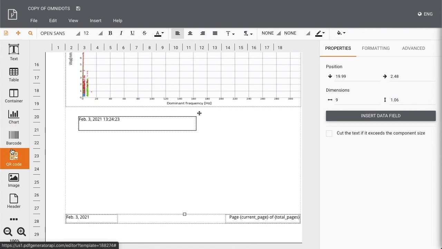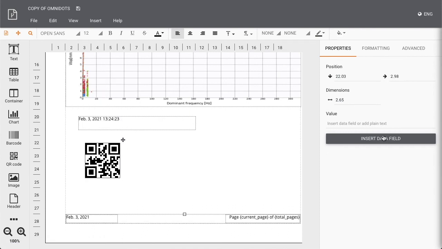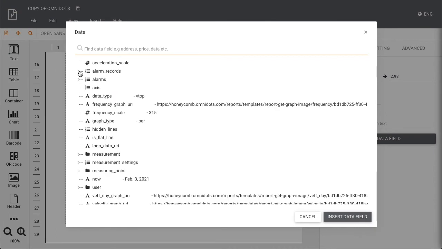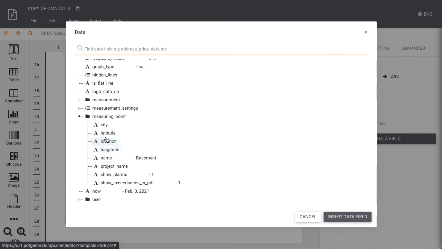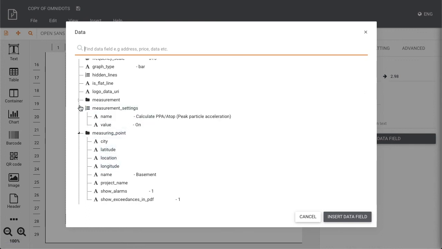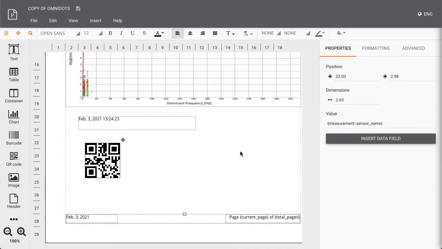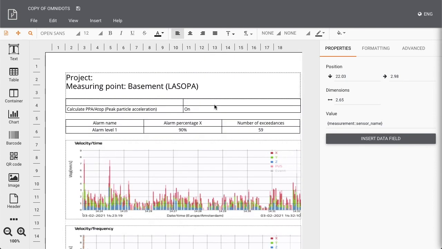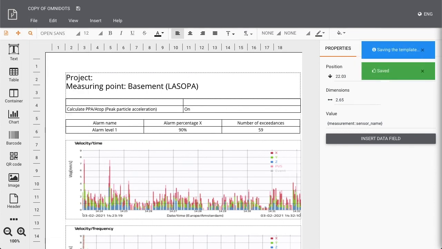Or maybe it would be cool to have a QR code and maybe be able to scan the name of the swarm. Let's see, where can you find it? Measuring point. There we go, sensor name. It was on the measurement. So now this QR code will show us actually the name of our swarm. How cool. When I'm done, I can save this, and once it's saved, I can close this window and go